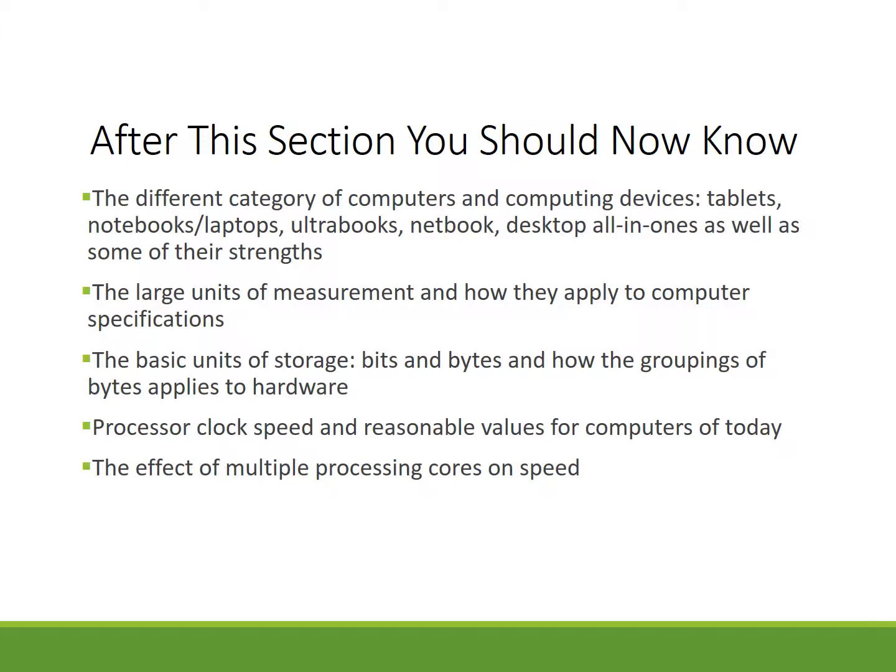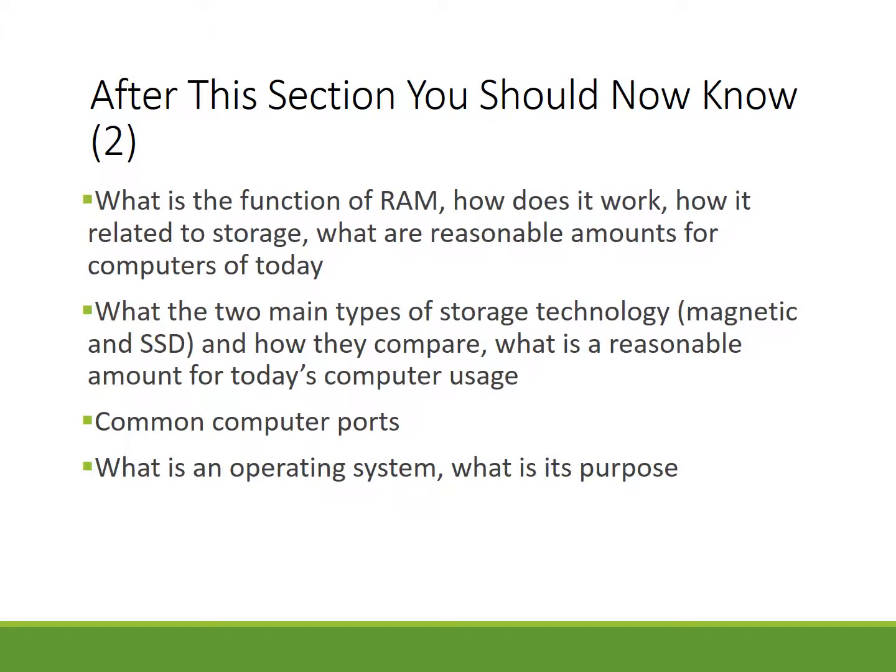So after this section, you should now know the different categories of computers and computing devices, the large units of measurement and how they apply to computer specifications, the basic units of storage, bits and bytes, and the grouping of bytes, what the CPU speed does and its values for computers, and the effect of multiple processing cores on speed. And other things that you should know: what is the function of RAM and how it works, what are reasonable amounts to purchase when you're buying a computer now, the main types of storage devices, the common ports and how many you need, and also the purpose and function of an operating